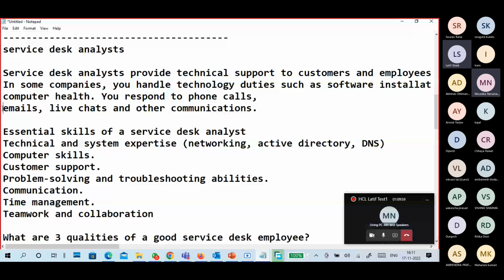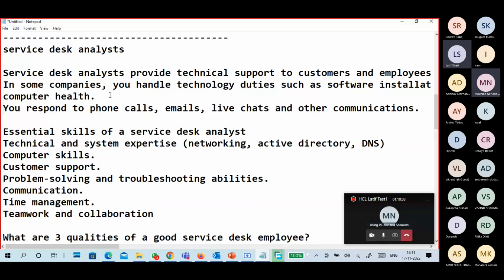Essential skills for a service desk. Three qualities, five qualities. Look here. Difference between incident and service request. What are the tools you use?